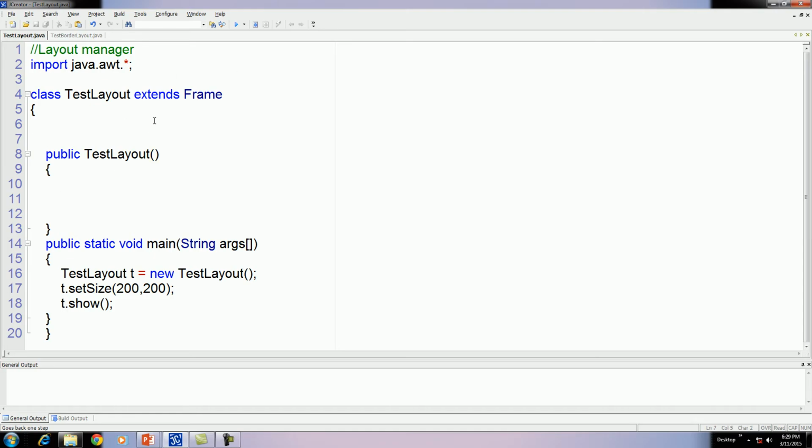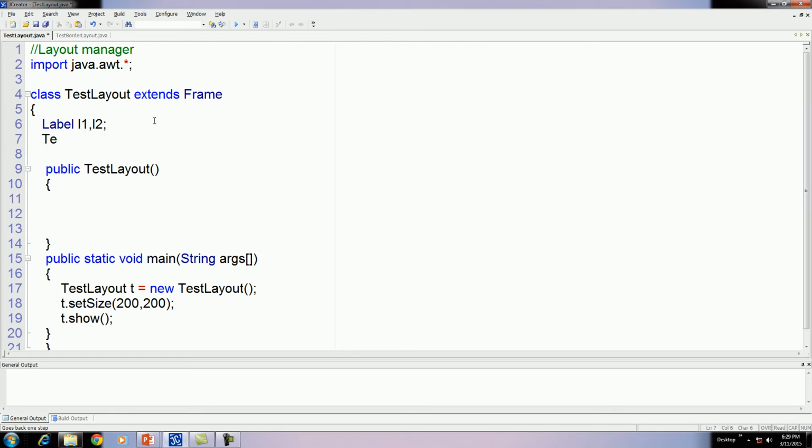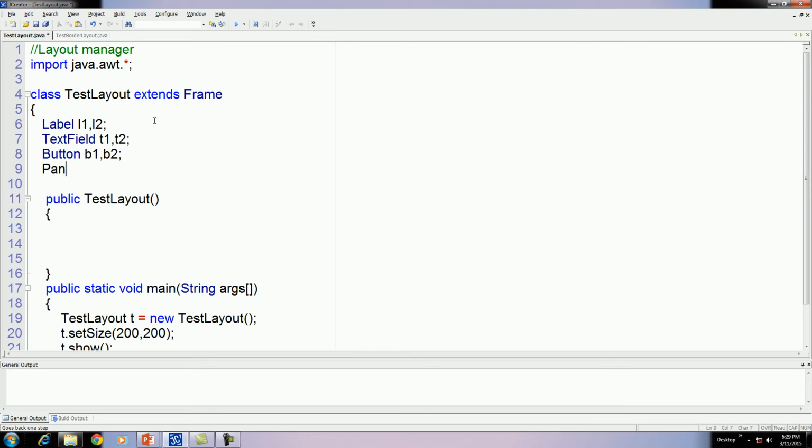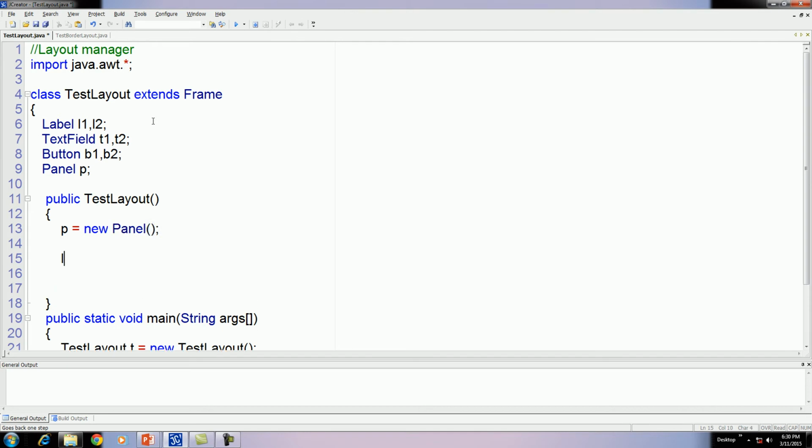Suppose here we have two simple labels, two text fields, two buttons, and one panel. Build all these controls. Now label 1, suppose here is username, whatever.